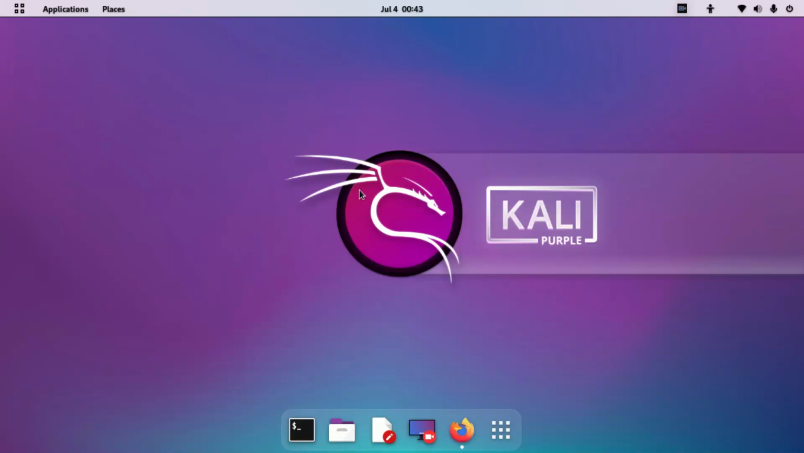Hello and welcome to this tutorial on how to install Windows 10 using VM VirtualBox on Kali Linux. In this video, I will show you the steps to create a virtual machine and install Windows 10 on it. Before we begin, you will need to download the following files: the Windows 10 ISO file from here,